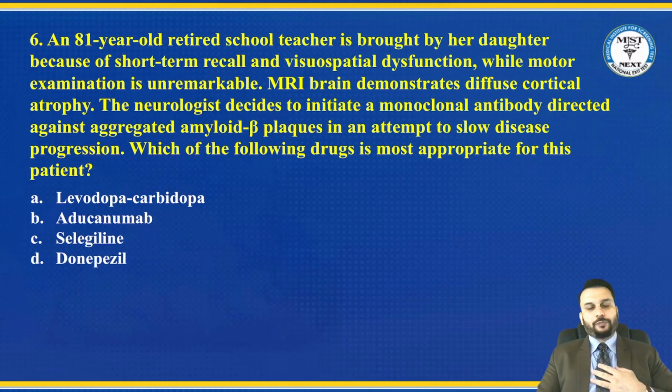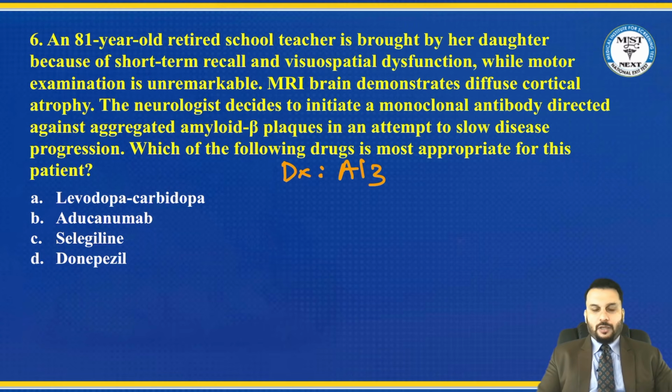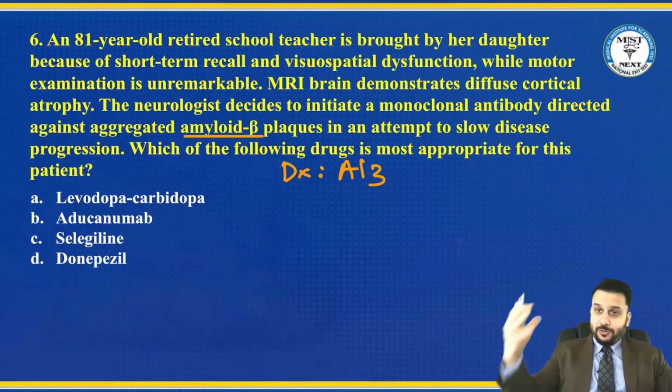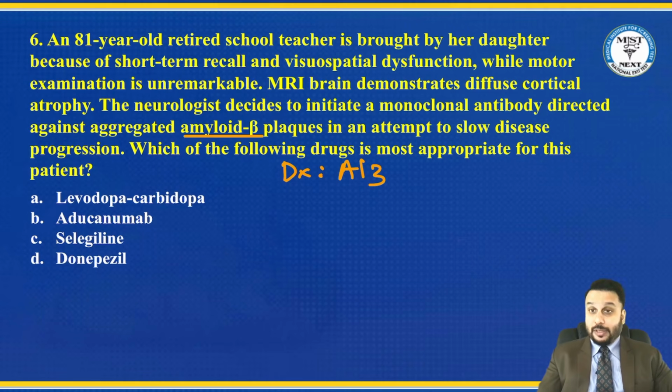Let's go into the question. Doctors, by now you must have figured out by the age and the presentation that they're talking about Alzheimer's disease. The diagnosis of this disease is Alzheimer's. Now in Alzheimer's, you must remember the aim of the doctor is to stop this beta amyloid. If you relate it to your pathology, you all know Alzheimer's happens because of deposition of these villain proteins in your brain called beta amyloid. They damage your brain, that's why you are seeing cortical atrophy. They damage the cholinergic neurons, and because they damage the cholinergic neurons, acetylcholine levels will go down.